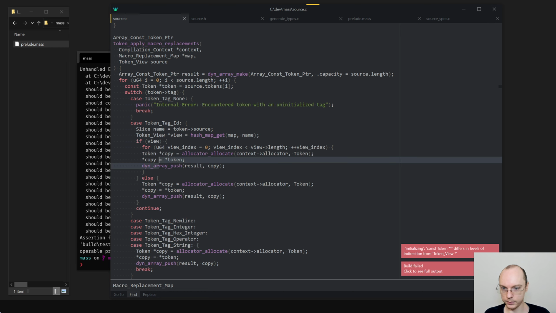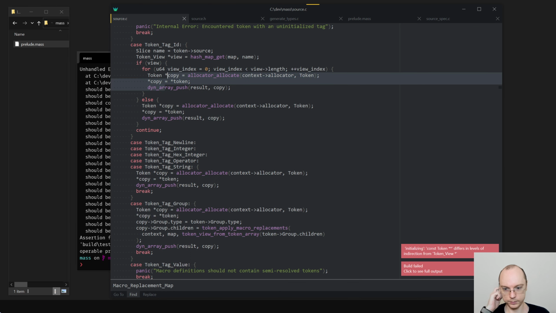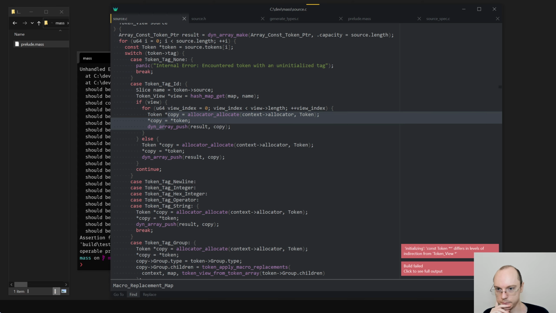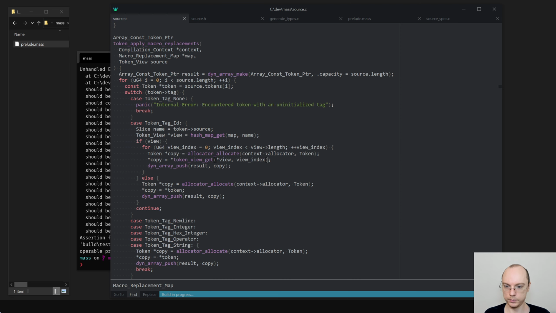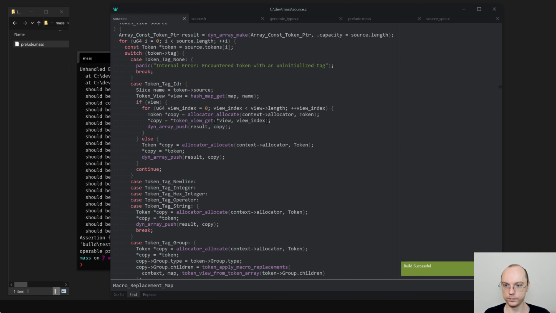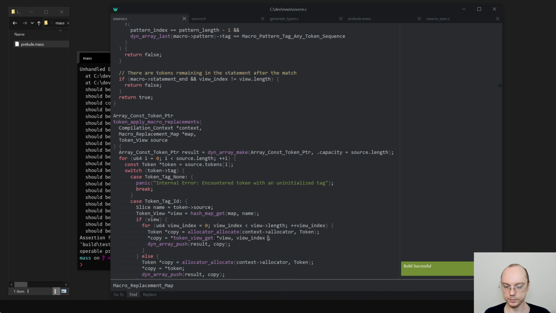So we do this stuff. Yeah, I think that's fine. View index token copy is token view get star view index. Something like that.